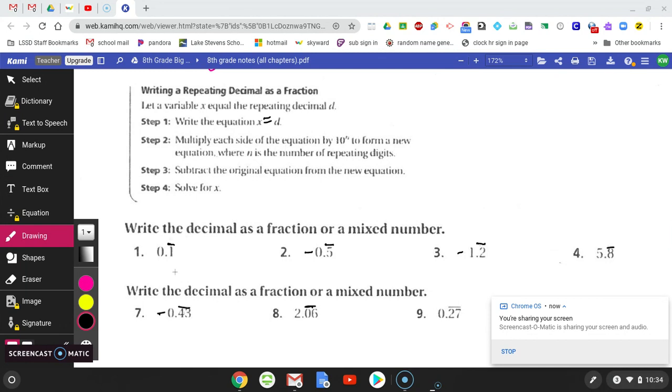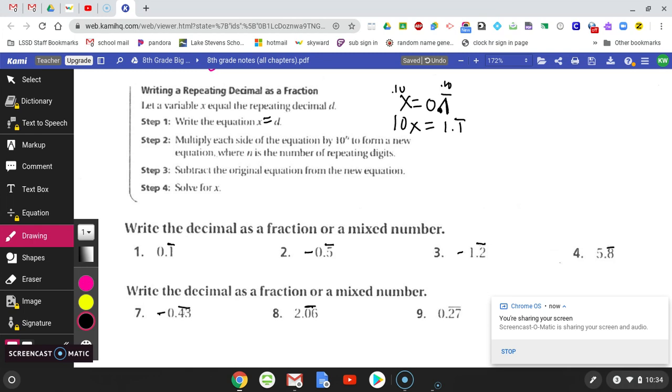So x is equal to 0.1 repeating. Step two says to multiply each side by 10 to some power n to form a new equation, where n is how many digits are repeating. Since there's one digit repeating, we're going to multiply just by 10. If there were two digits repeating, we'd multiply by 100. So when we multiply both sides by 10, we get 10x is equal to